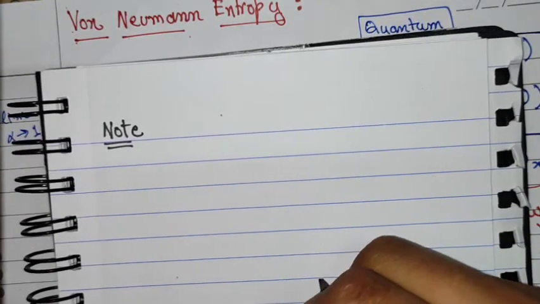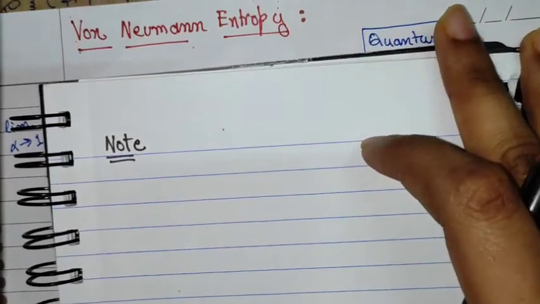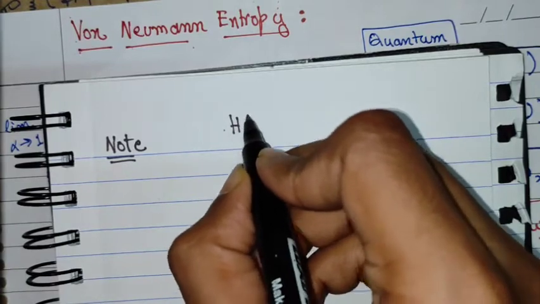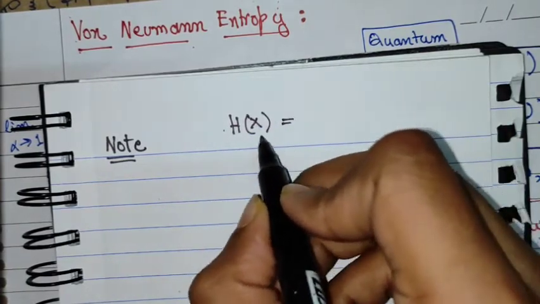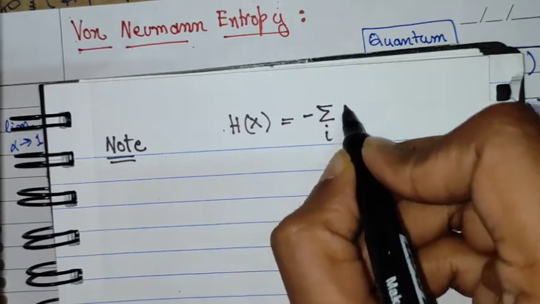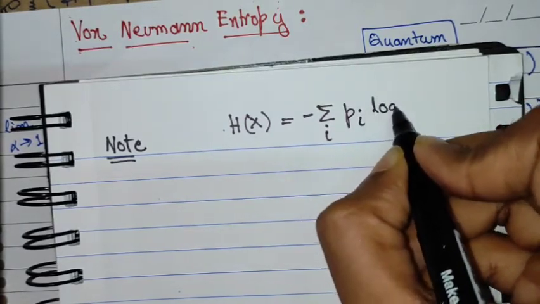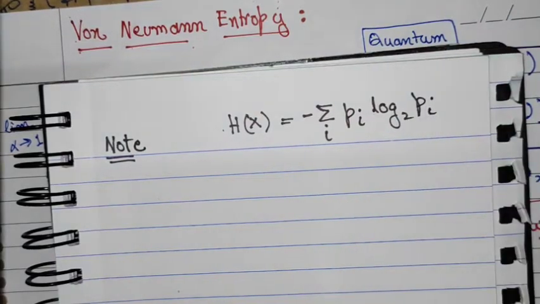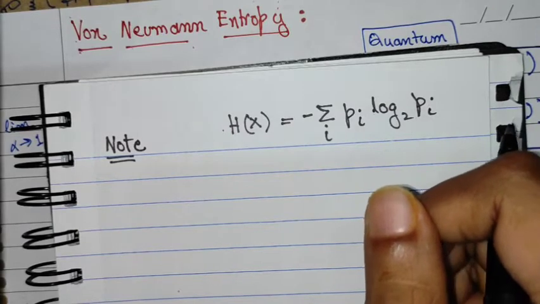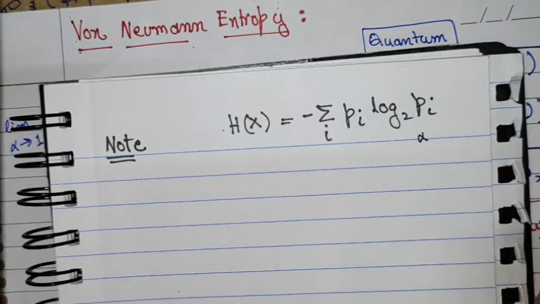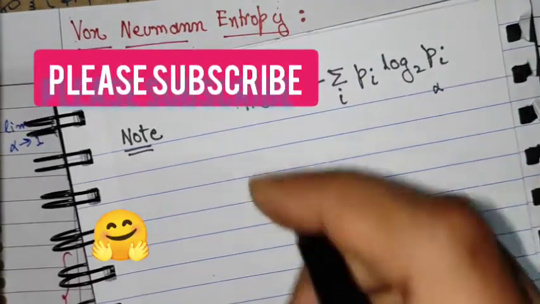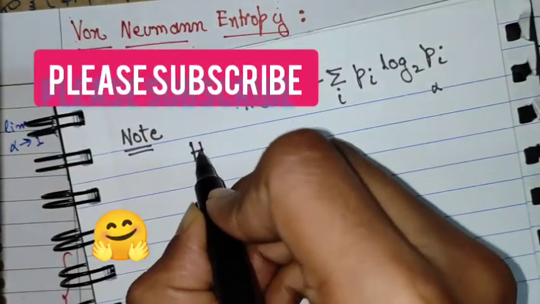In this video, we will be talking about the von Neumann entropy, which is the quantum version of the Shannon entropy. We had Shannon entropy associated to a random variable x as minus summation over i of p_i log base 2 of p_i. And it was a special case of the Rényi entropy for the Rényi parameter alpha tending to 1. So now, before moving on, I want to clear out something that we discussed.